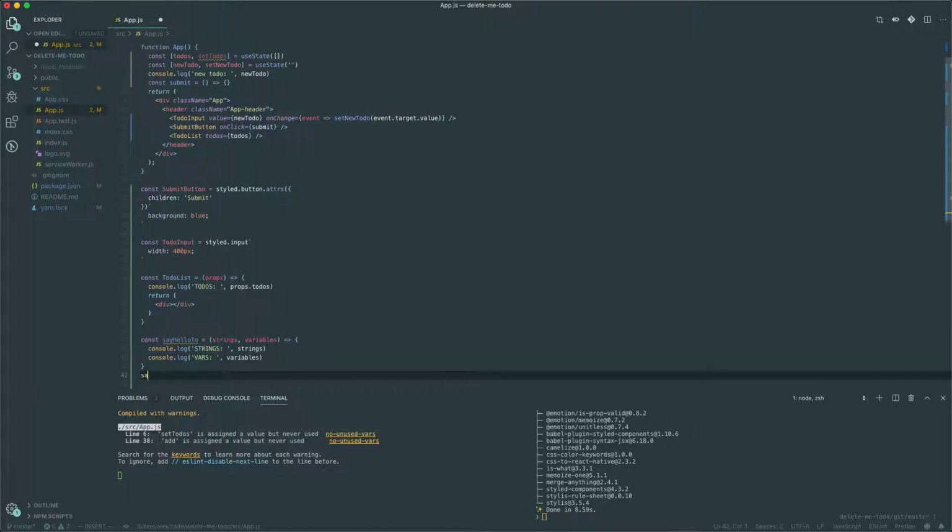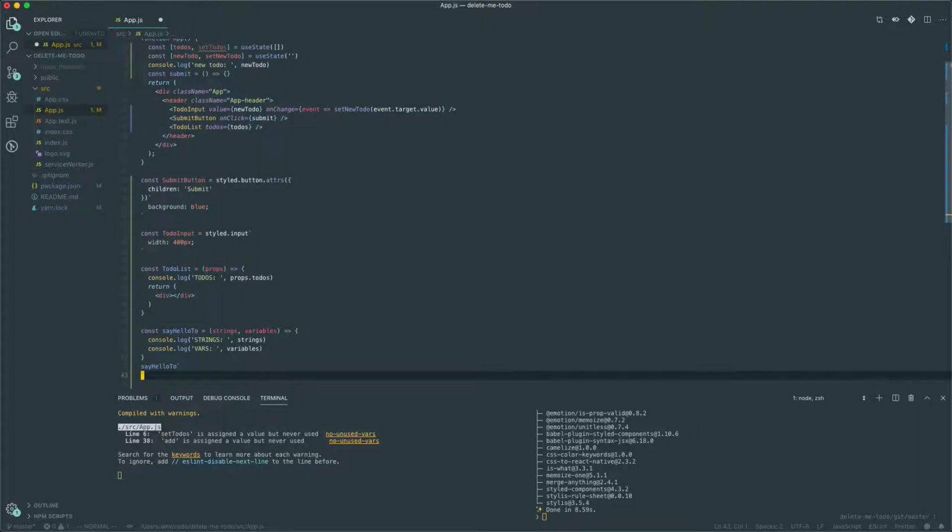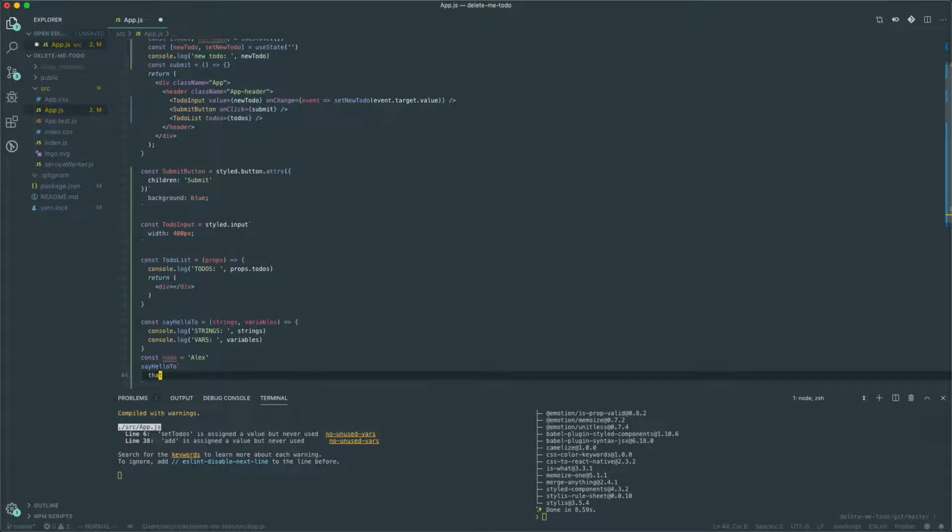And then let's say hello to, and I call it. This is me calling it. And I can say that, if I have a variable here called like person or name, hello. Yeah, so you can concatenate without having to do the